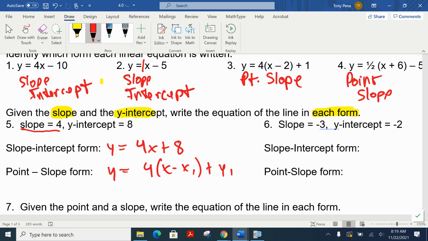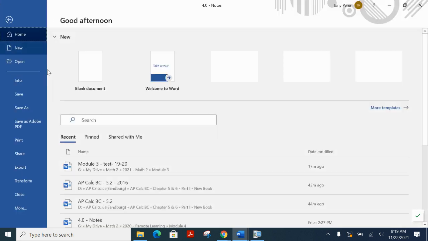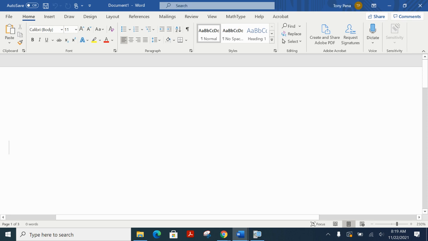All right. Then this is the x coordinate of the point that we know. This is the y coordinate of the point that we know. Well, when I give you your y-intercept, let me open up a new one real quick, just so I can draw this nice and big. If I were to